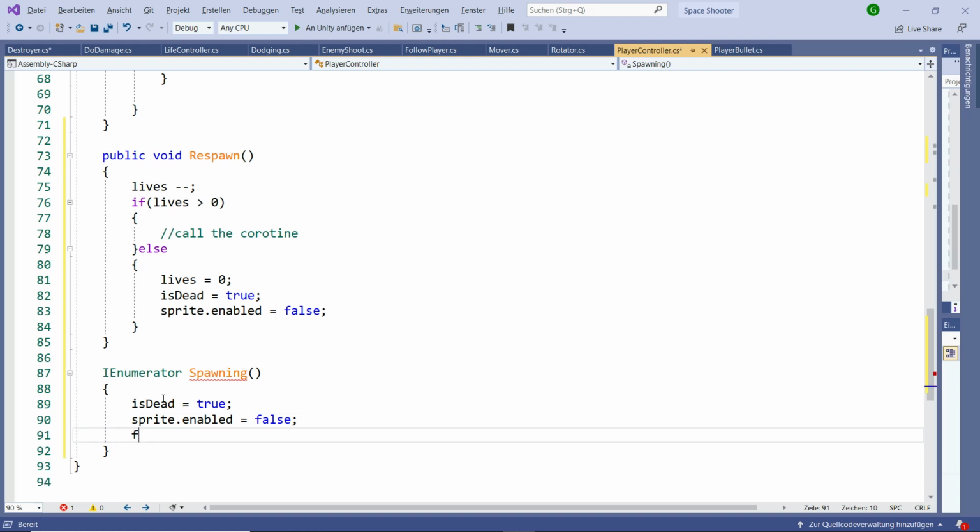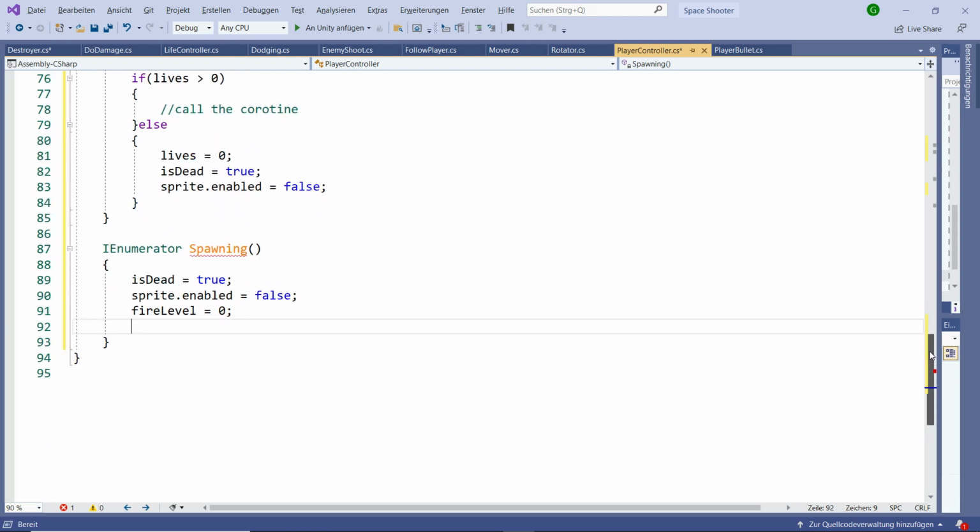Then we want to set fire level to 0 so that we cannot shoot any more bullets because it's dead. And the next thing we want is to put the game object layer to